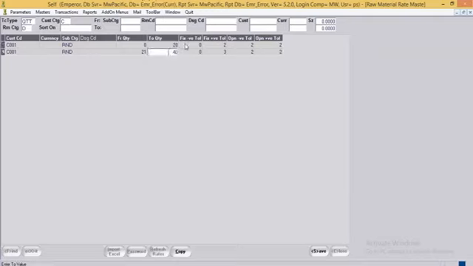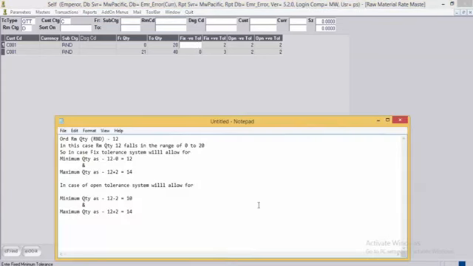Now what do these rows mean? For example, in the order, total RM quantity for round is 12. In this case, the RM quantity 12 falls in the range of 0 to 20.